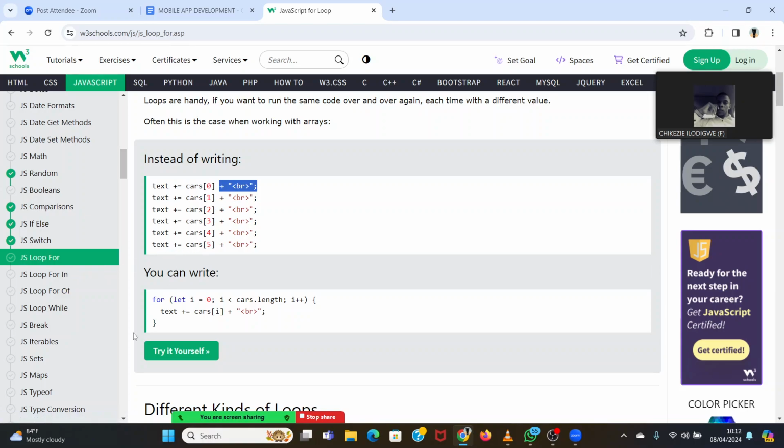Meanwhile, if you use a for loop, it's barely 2 lines of code, right? You say for let i equals 0, i is less than cars.length, i plus plus. So the syntax of this simply is